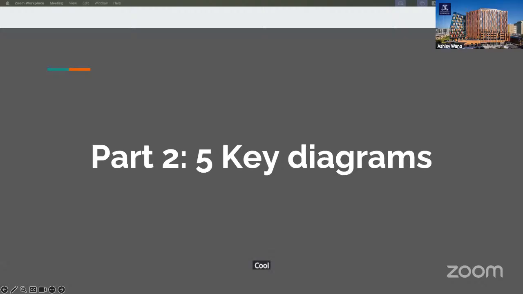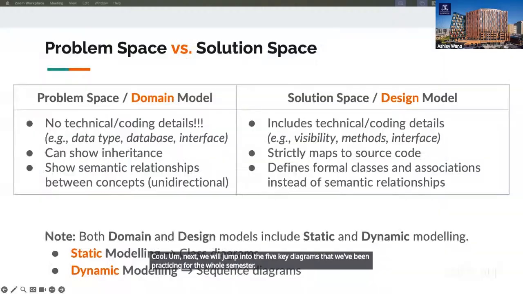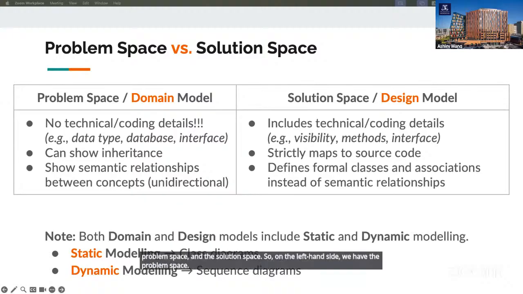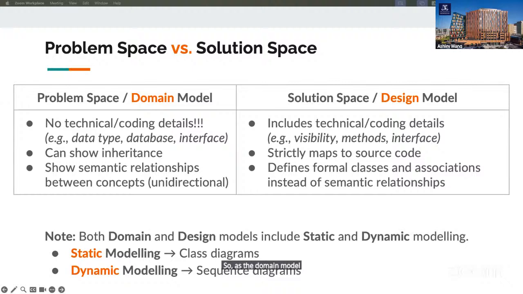Cool. Next, we will jump into the 5 key diagrams that we've been practicing for the whole semester. So we have the problem space and the solution space. On the left-hand side, we have the problem space, which is the domain model. We are not expecting to see any technical or coding details.